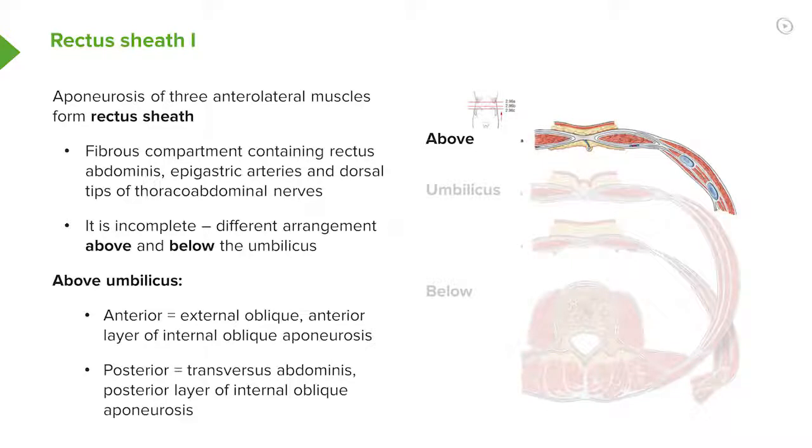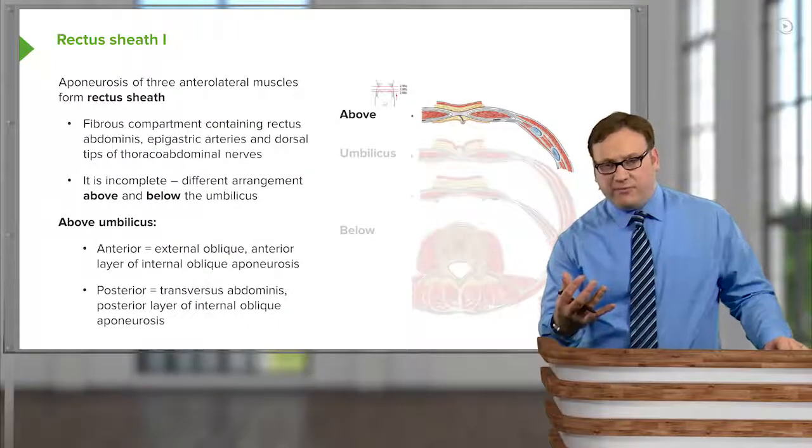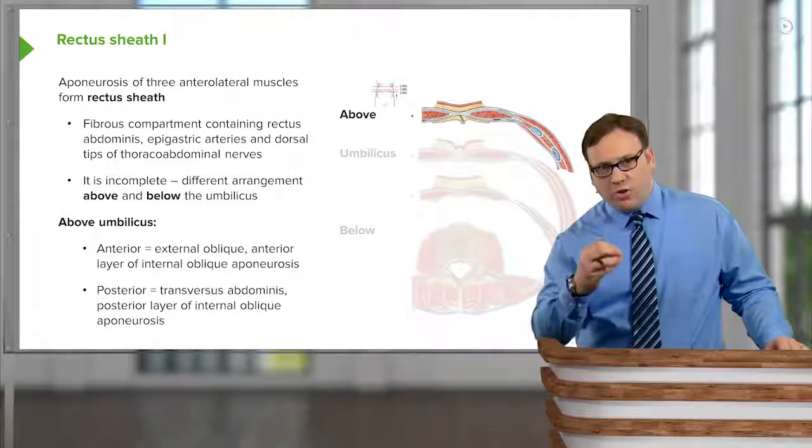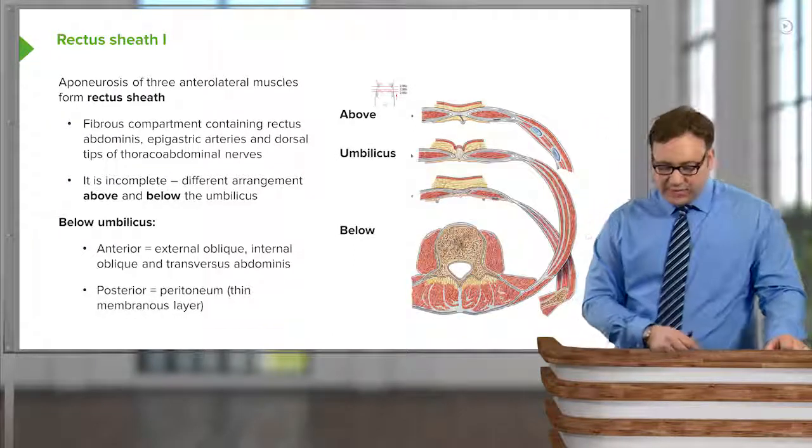And then most posterior, we then have a fine layer, which is called transversalis fascia, and then we have the peritoneum. We'll explore those in later classes, in later lectures. So that's above the umbilicus. If we now go below the umbilicus,